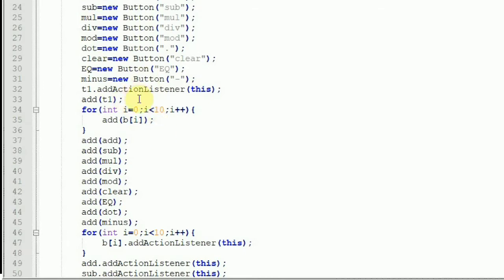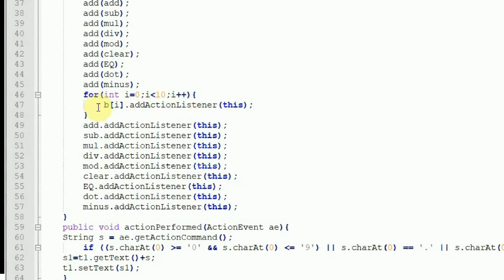So first row is filled, and then once the first row is filled, then the second row and the third row consecutively, like that the positioning will take place. So the filling of the components will take place from left to right, adding action listener to the buttons. Whenever the user is clicking on the button, then an action event is produced, and which in turn will call the action performed method. So this is all about the init method. So here init method is over.